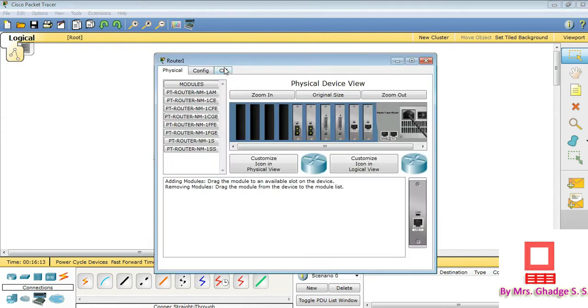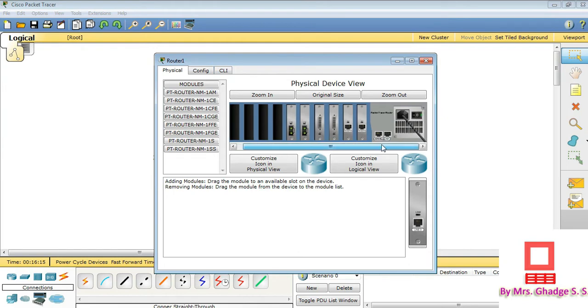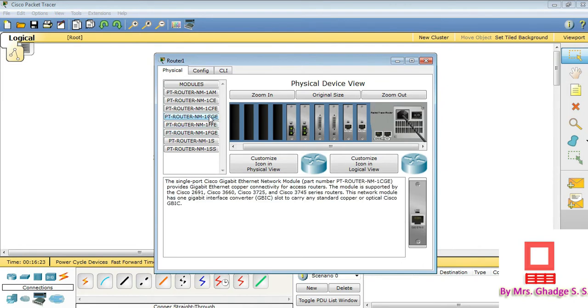Click on the router, click on the green button to turn it off, and then add a gigabit Ethernet connection. For this, click on the 1CFE module, which provides the Ethernet connection. Just drag it and drop it here. This will add the fast Ethernet connection.